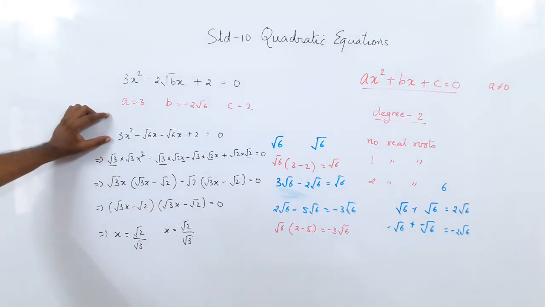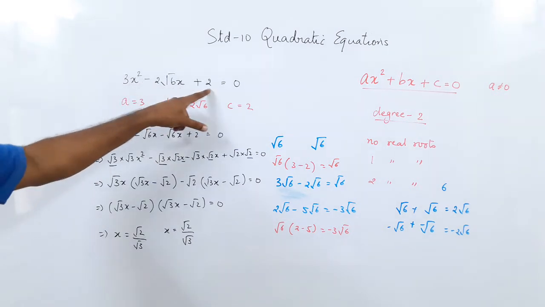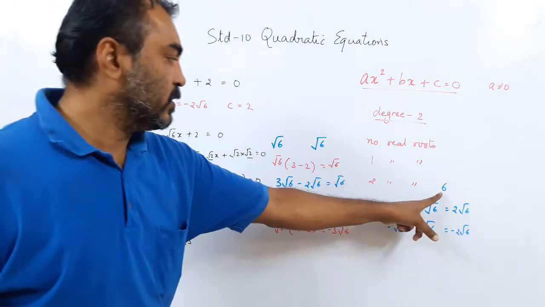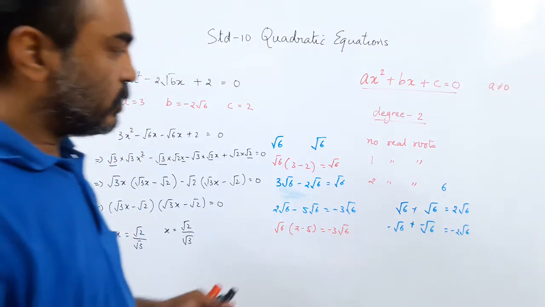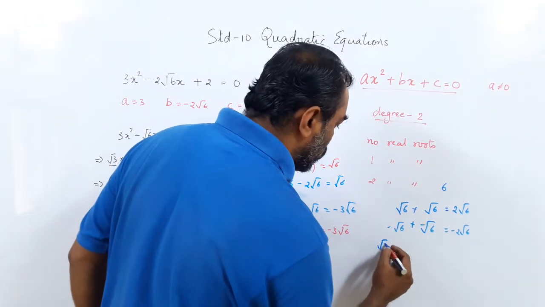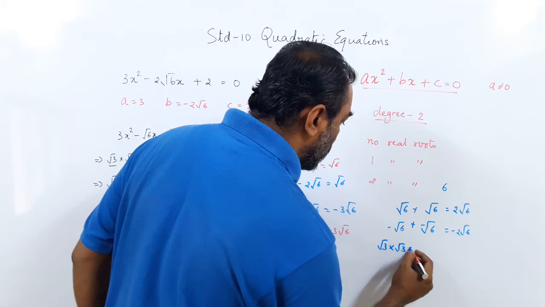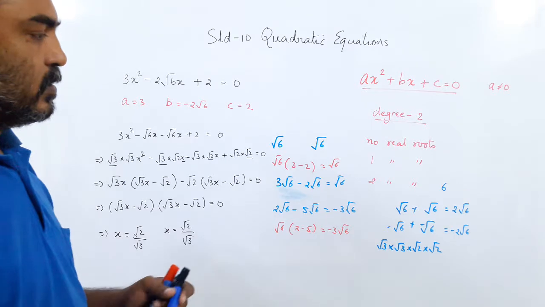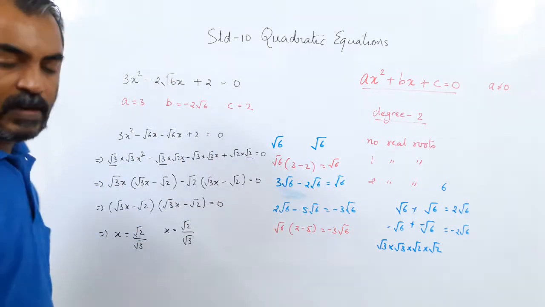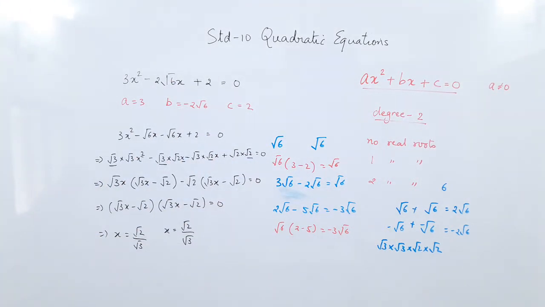But this is something you will have to work on to revise how to work this out. 3 into 2 is 6. So I got the 6 here. But the middle term has got root 6. So I have to divide into what? I could also write it as root 6 as root 3 into root 3 into root 2 into root 2. This would also give me 6. But because it is in the root 6, I kept it as a root 6 only. So the quadratic equation can be this type also. These are slightly tricky, but still we have to work it out.